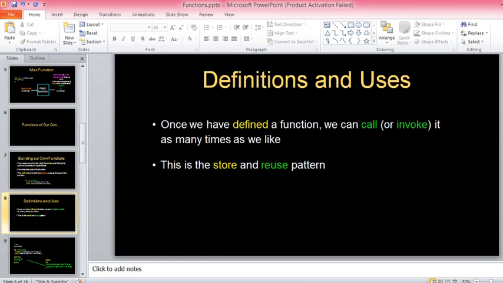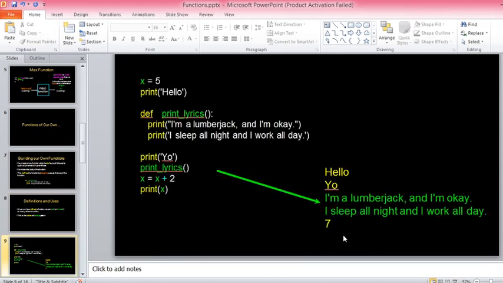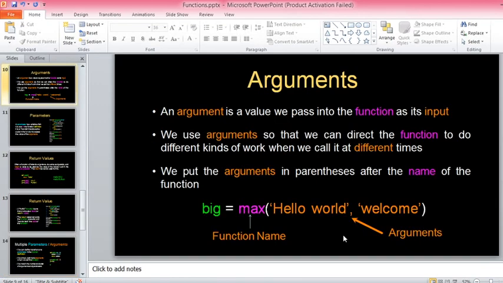So look at here, the last statement to tell about functions. Functions are basically a store and reuse pattern. Store and reuse. Once we write the code, we can use it many times. So you can refer to this code, because I already discussed all those things with the execution. Here in the PPT, I have taken some different examples to explain the same thing.